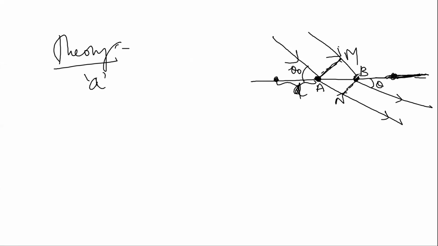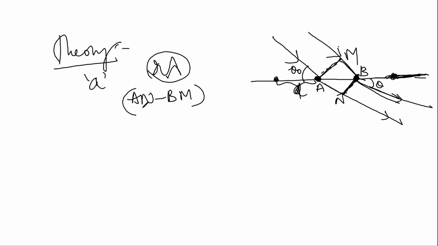Now let me derive the simple theoretical equation. We know that the path difference between two diffracted rays should be equal to n lambda. That is the condition for maximum intensity points, which we observe as a Laue pattern on the photographic plate. So let me calculate the path difference between these two diffracted rays. Up to here both are the same, but here the path difference is Bm, and here the path difference is An. So the path difference between the two diffracted rays is An minus Bm.